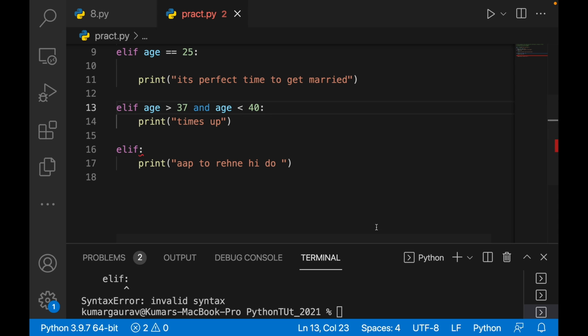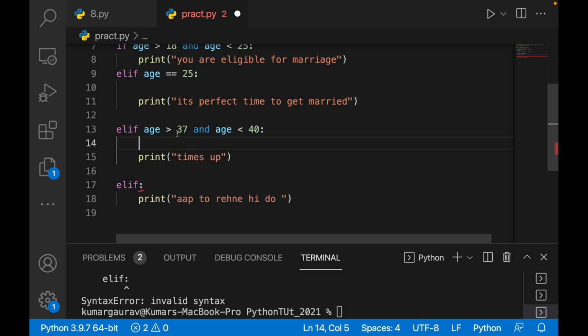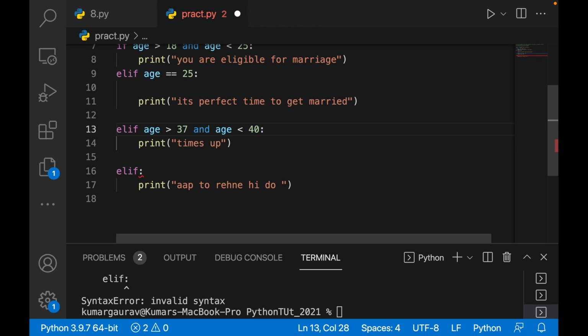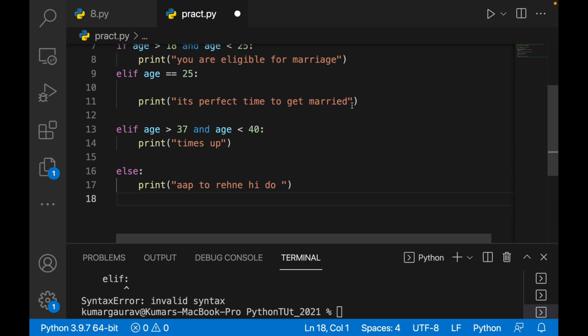Okay, now what wrong have I done? If age is greater than 37 and age is less than 40, print time's up. Okay, else statement, no, else print